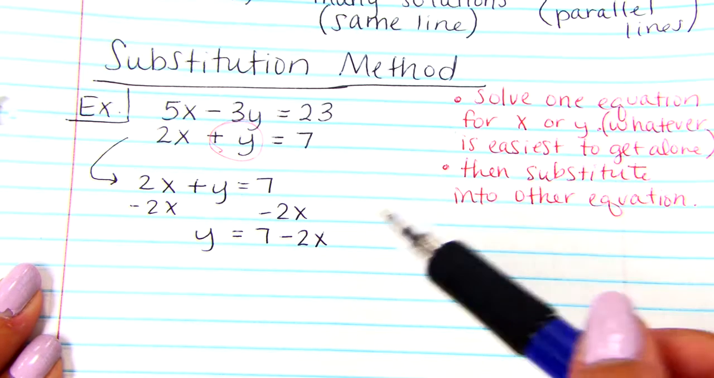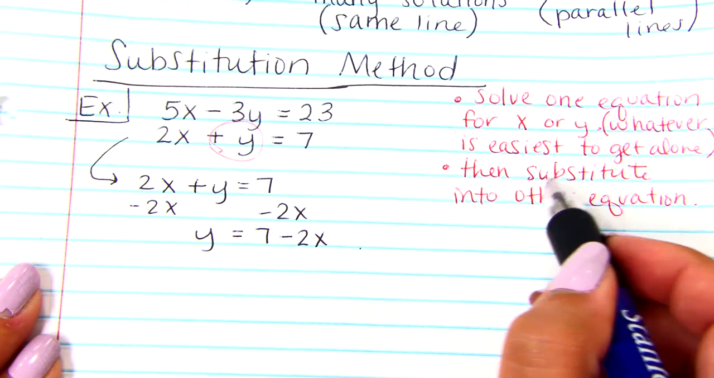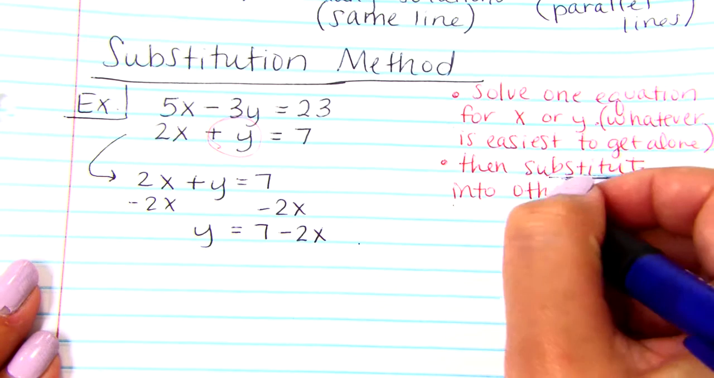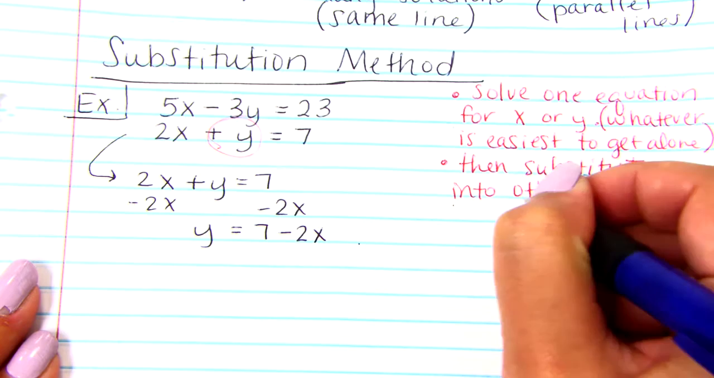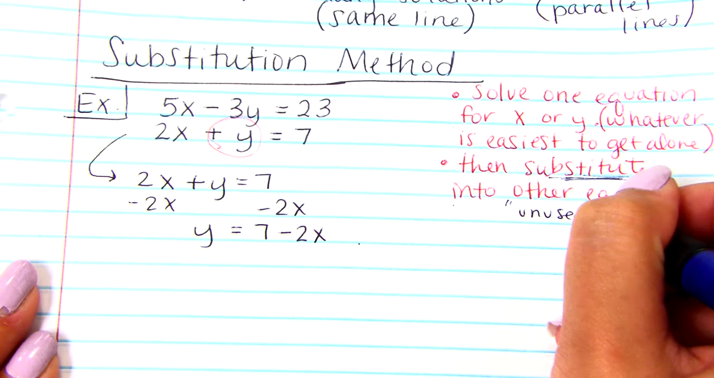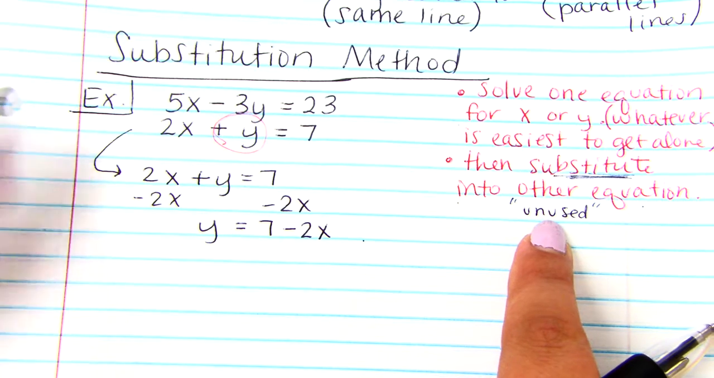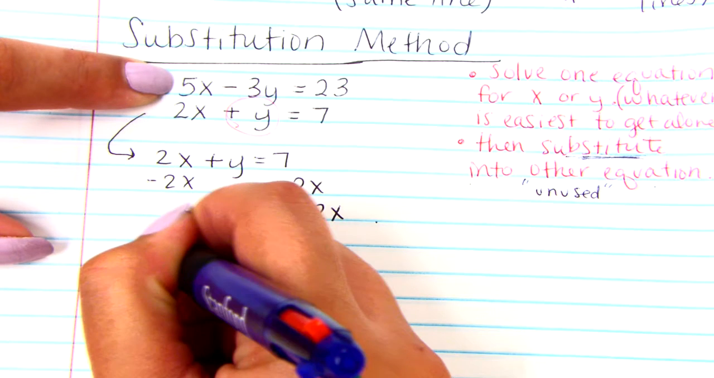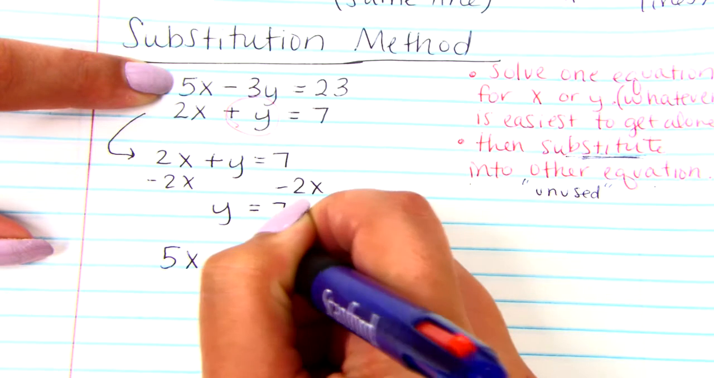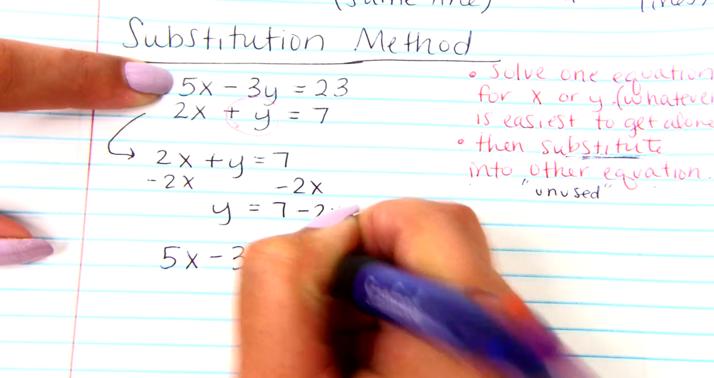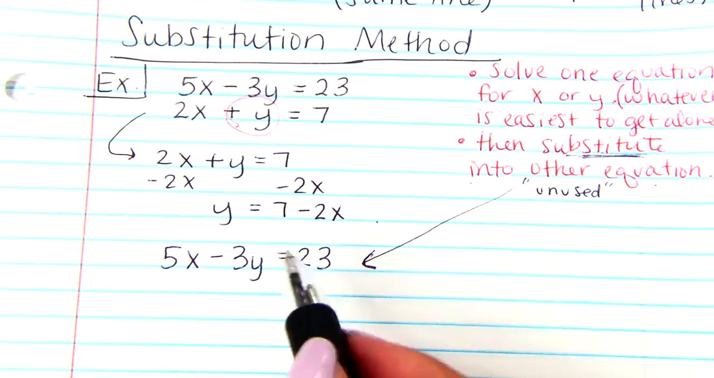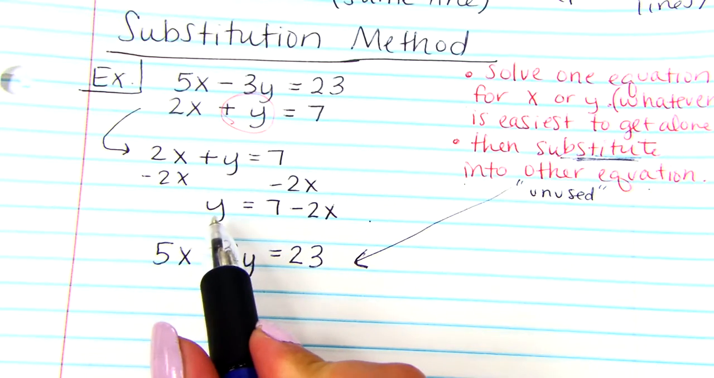Okay, so from here, we now want to substitute into the other equation. So when I say the other equation, I'm thinking like the unused equation. So which one have you not worked with yet? Top guy. Okay, so our 5x minus 3y equals 23. So I'm going to take the equation I haven't worked with yet. So that's my other equation. And I'm going to substitute, aka plug in,